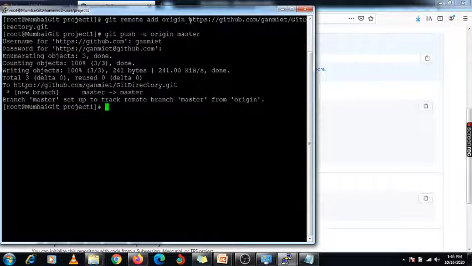So for this URL you are specifying one tag with the name origin, and we add this origin with this command. And you need to use git push -u origin, with that name specified here, with your master branch. So here we have now pushed our code from this local repository to our central repository.